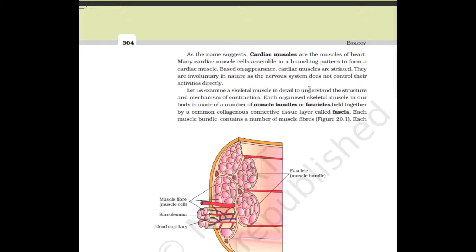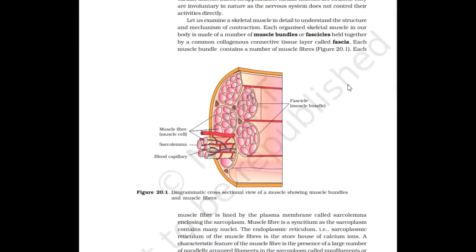They are involuntary in nature as the nervous system does not control their activities directly. Let us examine a skeletal muscle in detail to understand the structure and the mechanism of contraction. Each organized skeletal muscle in our body is made up of a number of muscle bundles or fascicles held together by